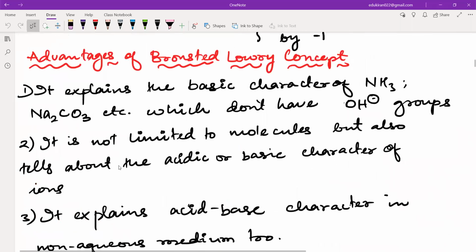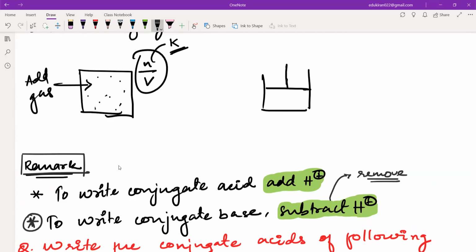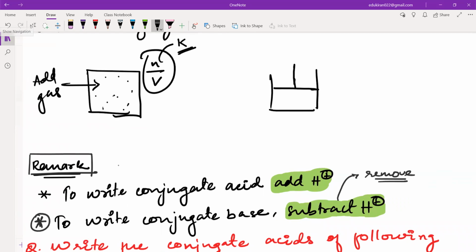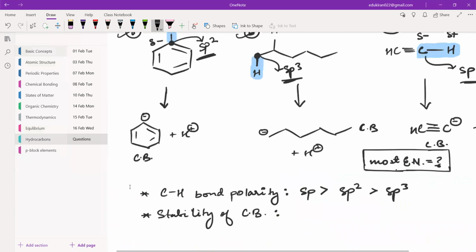ये पढ़िए, रिमार्क पढ़िए आप। Second point, especially the second point. Subtract means remove, है ना? आपको आवाज आ रही है मेरी? Can you hear me? Yes, sir. पढ़ लिया आपने? Yes, sir. अब देखिए, ठीक है, अब समझ में आ रहा है कॉन्जुगेट बेस,